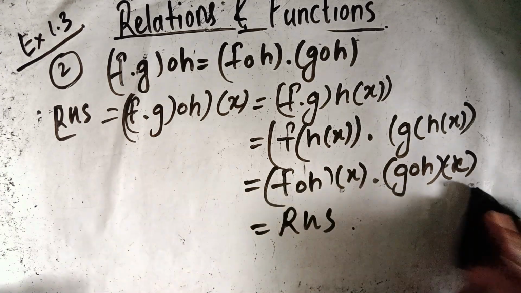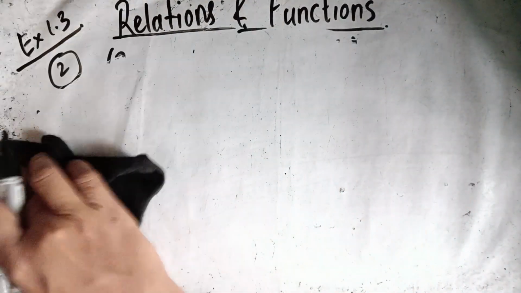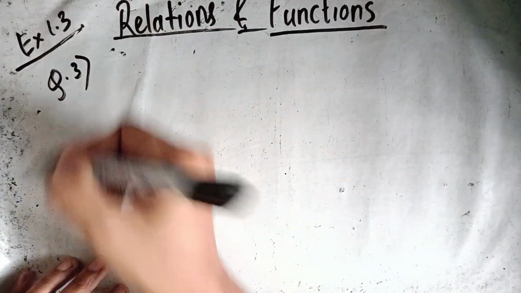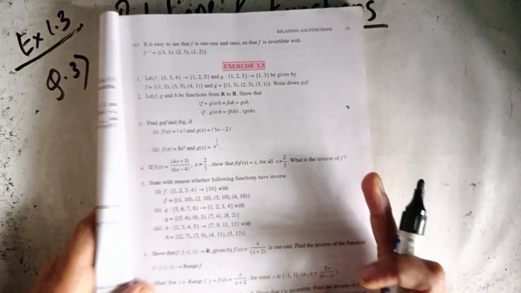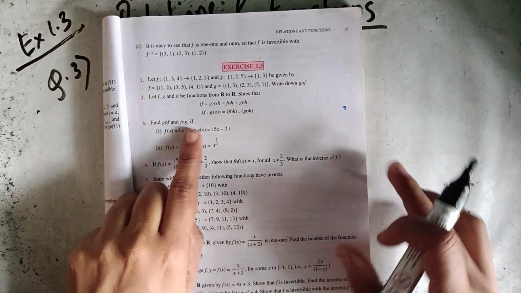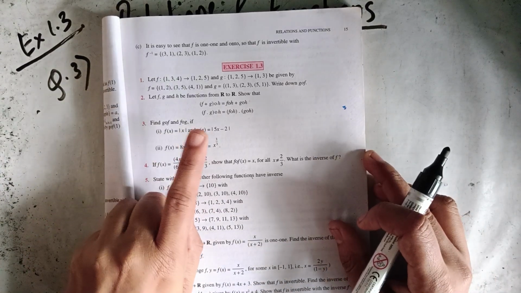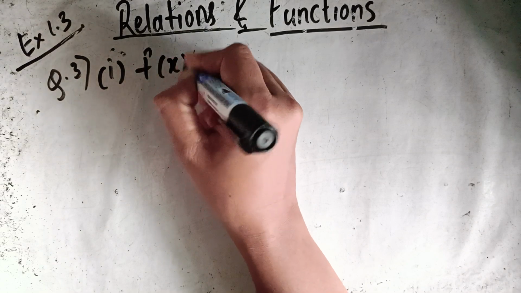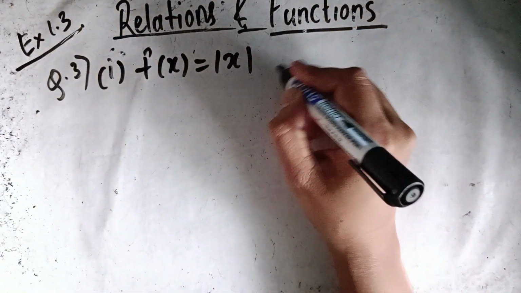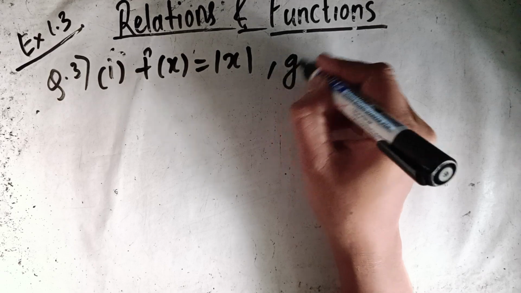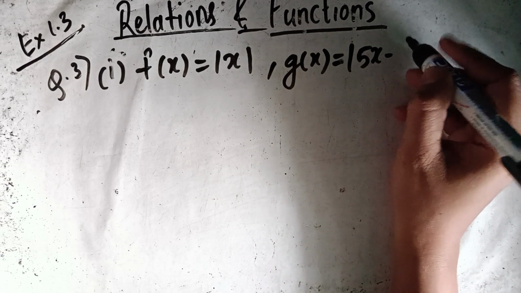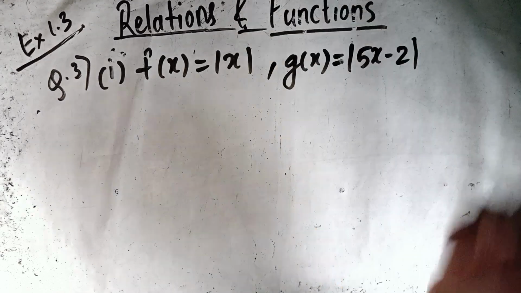Okay, next question, question number 3. Find g composite f and f composite g if f of x and g of x are given. Okay, first f of x is mod x, g of x is mod of 5x minus 2. Okay,